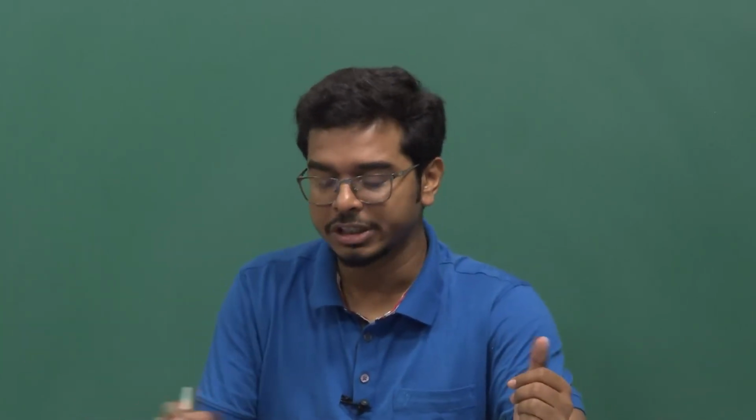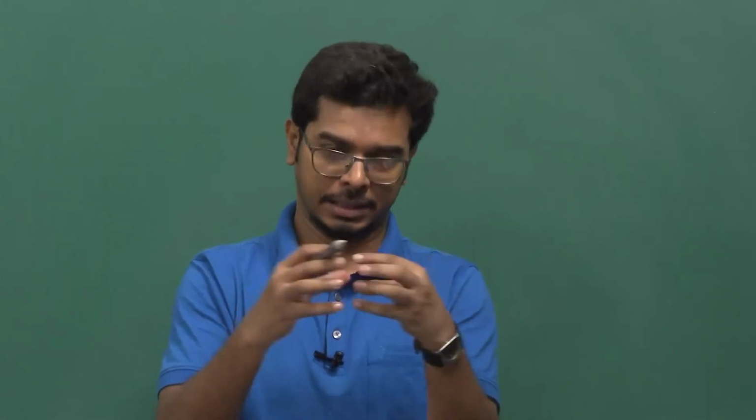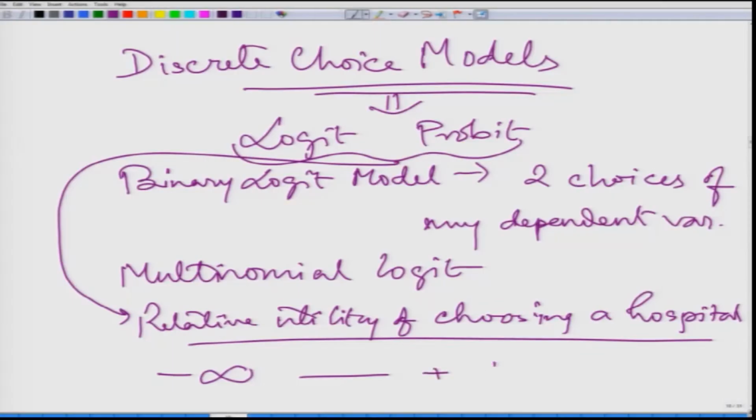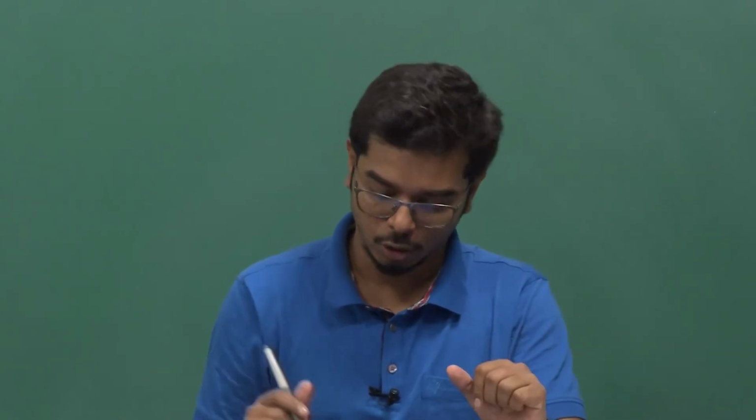This relative utility of choosing is actually an index which is estimated from minus infinity to plus infinity. So this index value for each and every explanatory variable or independent variable ranges from minus infinity to plus infinity, which can be converted to a frame of 0 to 1 considering a cumulative probability function. Then I can estimate the probability of visiting a clinic over not visiting a clinic.